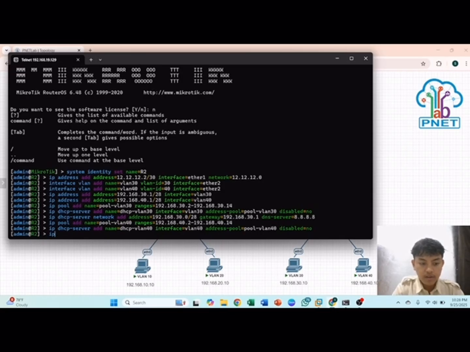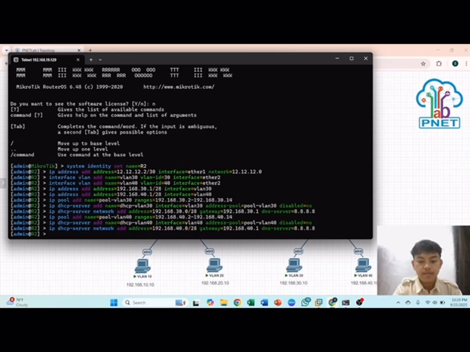And then you can add the IP DHCP server network. Add the address 40.0, slice is 28, and the gateway and the DNS server are set.